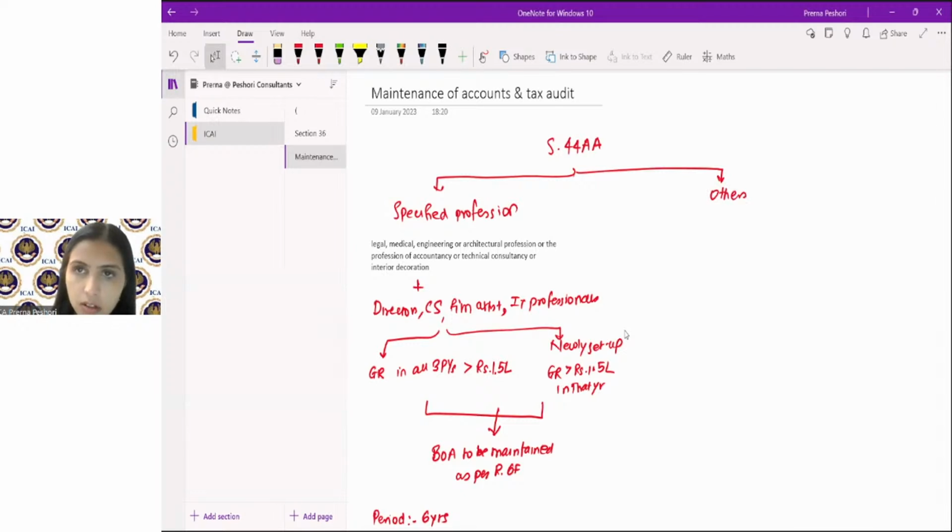We can write it over here. Others. Other than notified professionals. Then here also, in case of individual or HUF, in that particular case, again, existing business or profession,